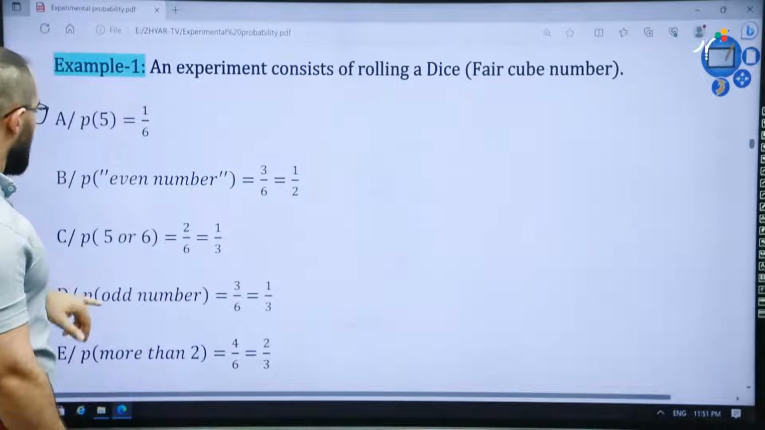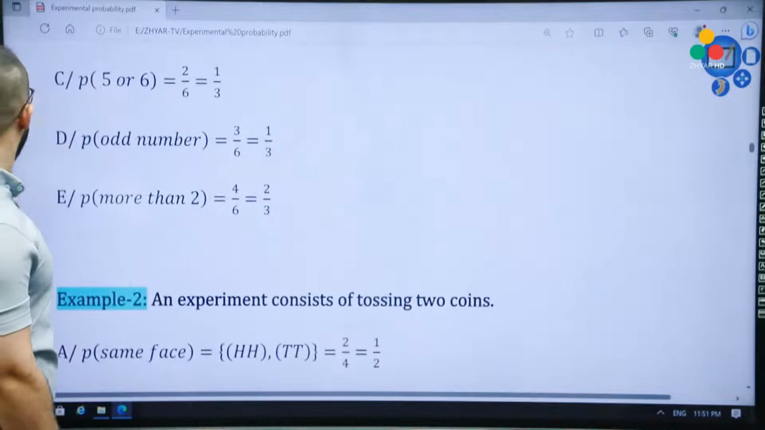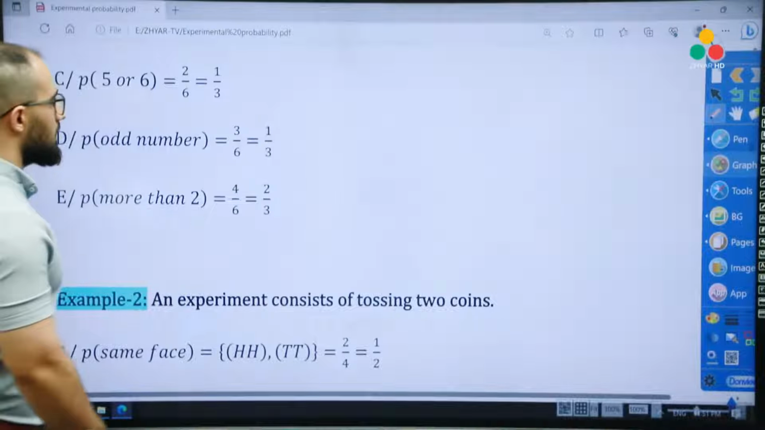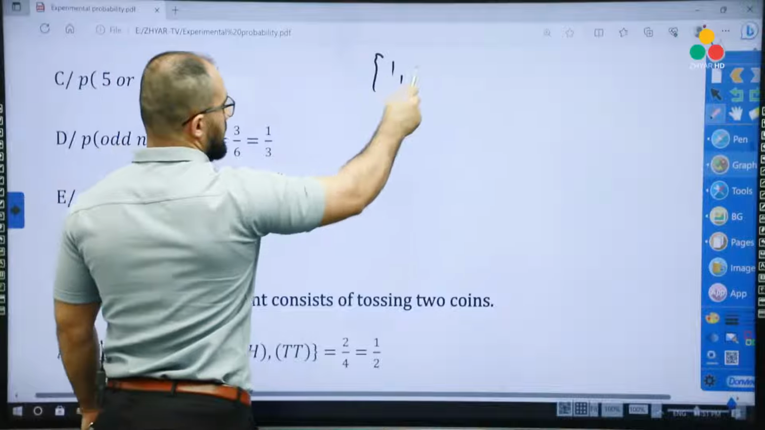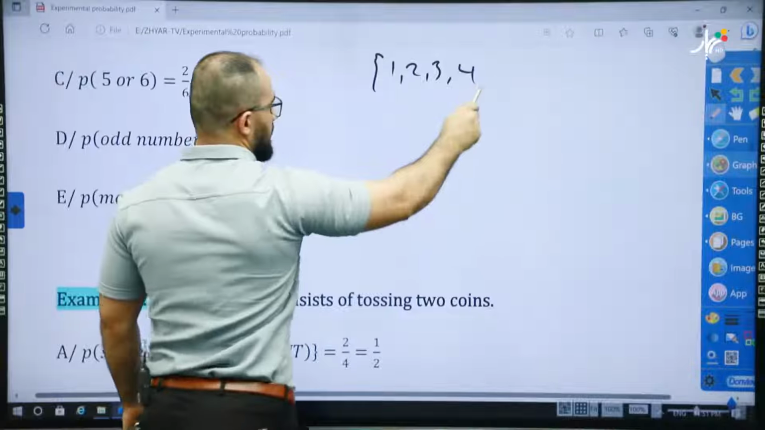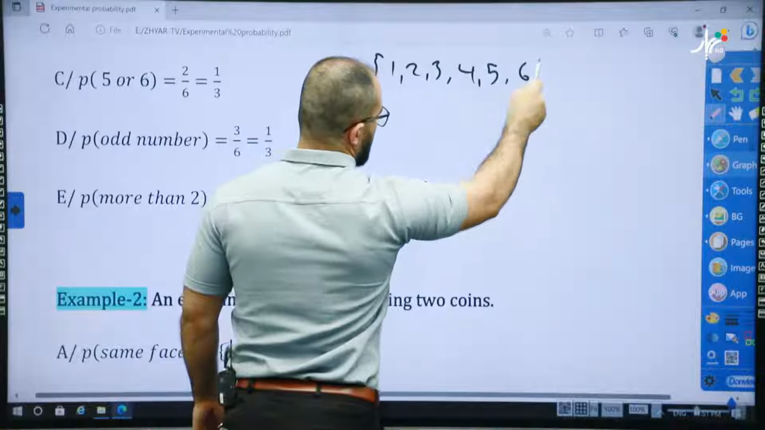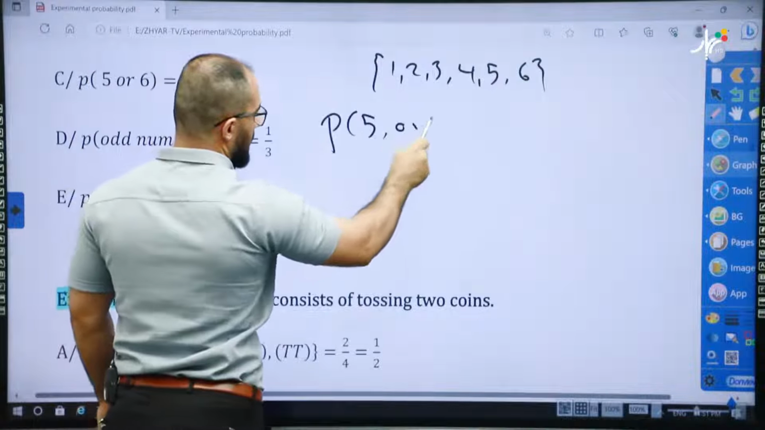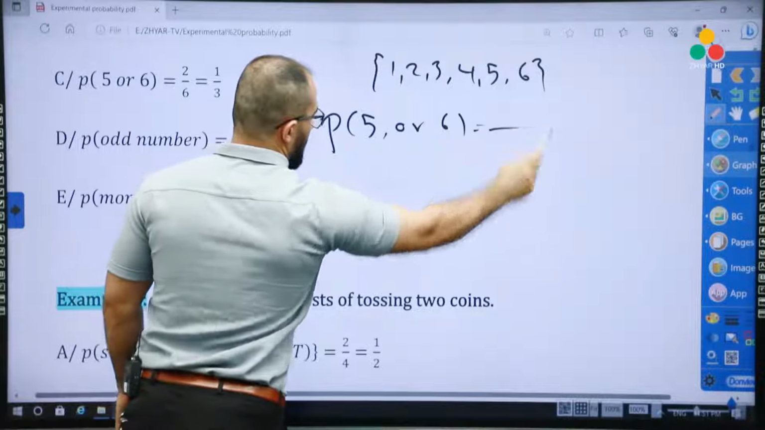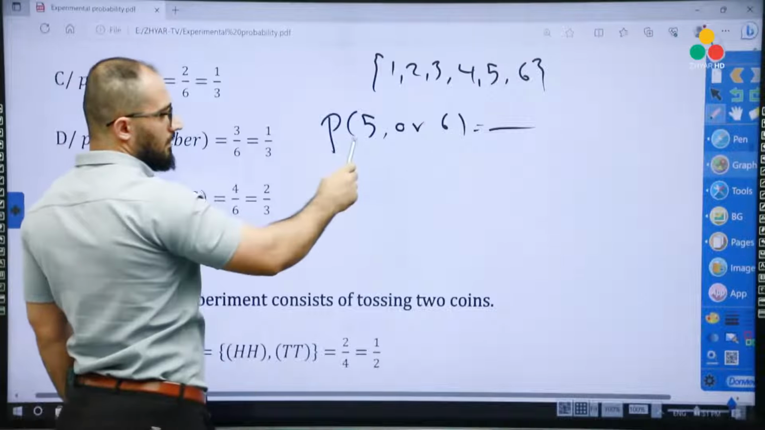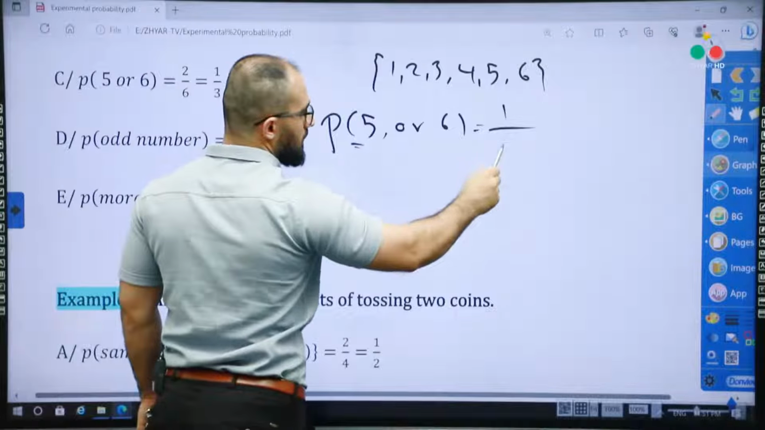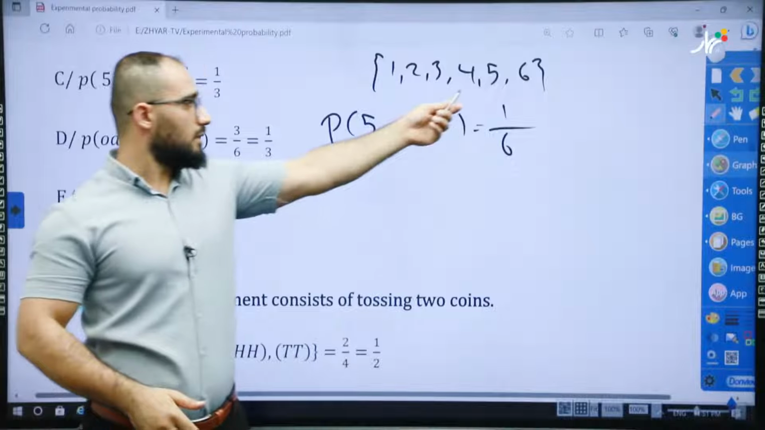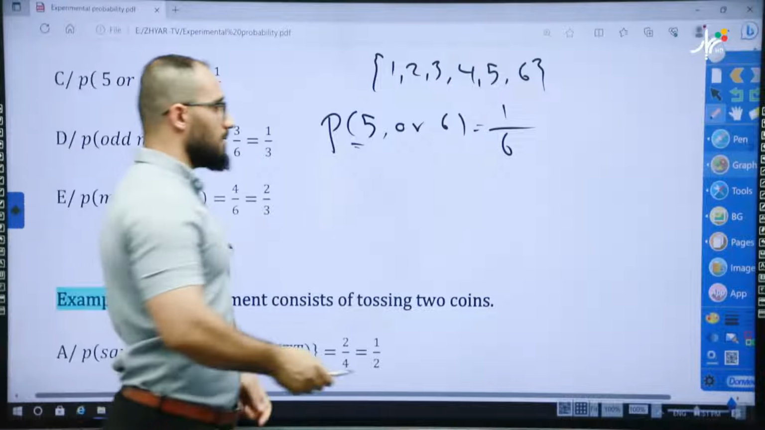Then it says P of 5 or 6. 1, 2, 3, 4, 5, and 6. What is the P of 5? The probability of 5 is 1 over 6, because we have only one 5, repeated 1 time. Then plus,